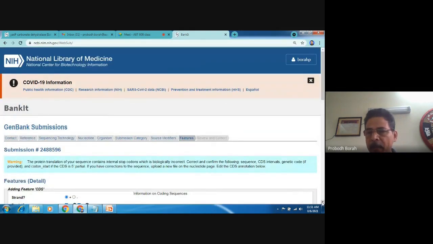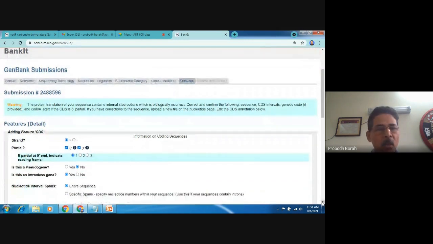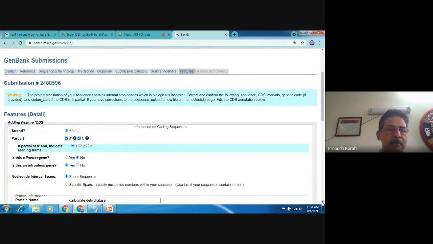You see, because we have put in the ORF information, the partial sequence reading frame starting from 1, it is giving a warning here. The protein translation of your sequence contains internal stop codons, which is biologically incorrect.